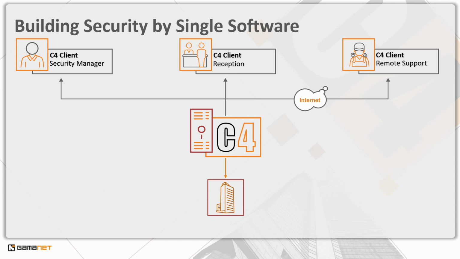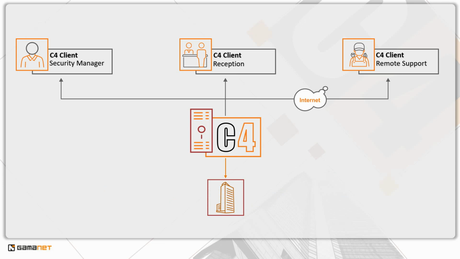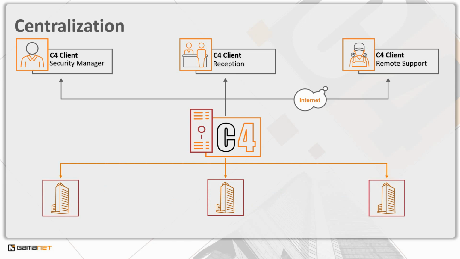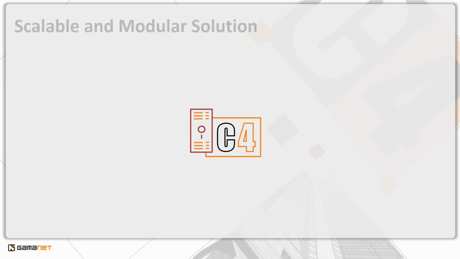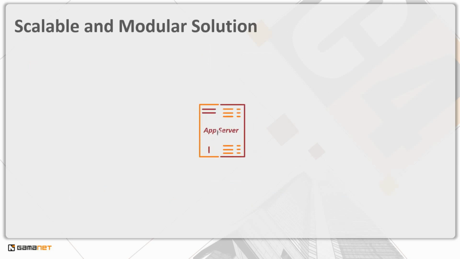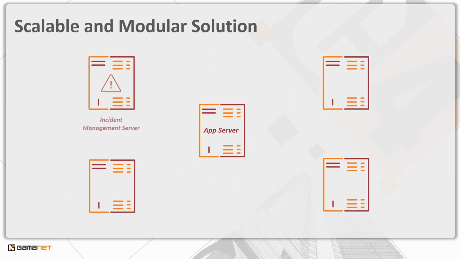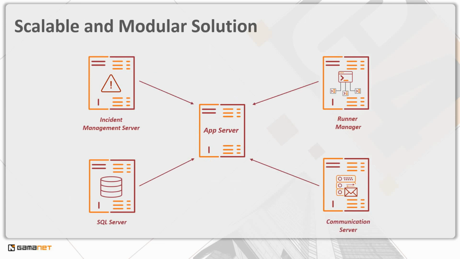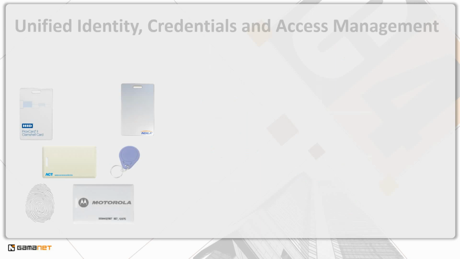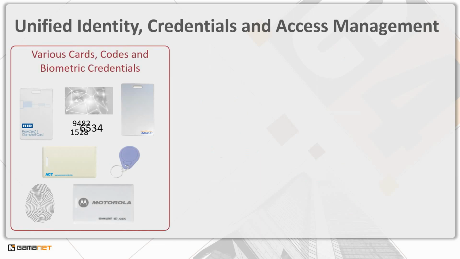C4, as an open platform, allows to integrate virtually any technology or system installed in the building. The C4 system is also the right choice when it comes to centralized management of devices deployed in various time zones. The scalability of the solution allows distributing the system load to several servers, while the modularity allows the load optimization according to the usage of individual system parts. This architecture allows to implement a large number of sites and to manage a huge number of people and access rights in one solution.